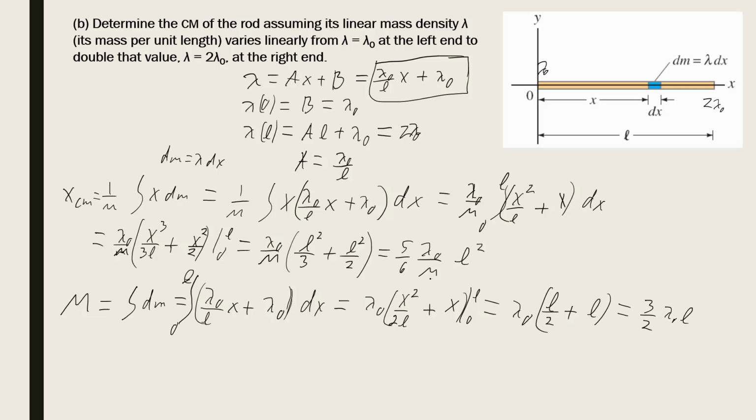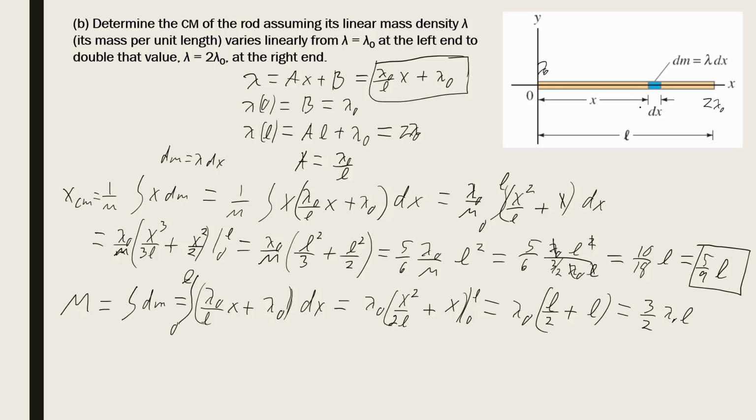Plug that sucker in here for m. So we've got 5/6 lambda naught times L squared over 3/2 lambda naught times L, and we are almost there. The lambda naughts go away, one of the L's go away. Multiply that 2 by the 5, so you get 10/18 L, which is going to be 5/9 L. There you go. Center of mass of this